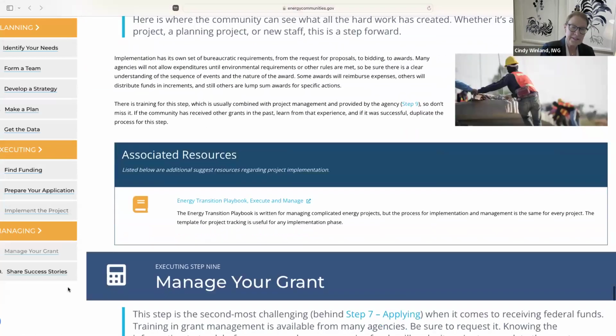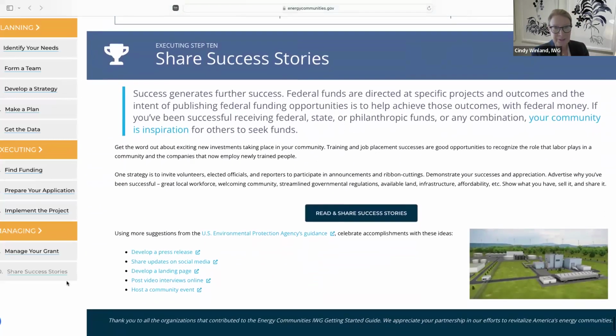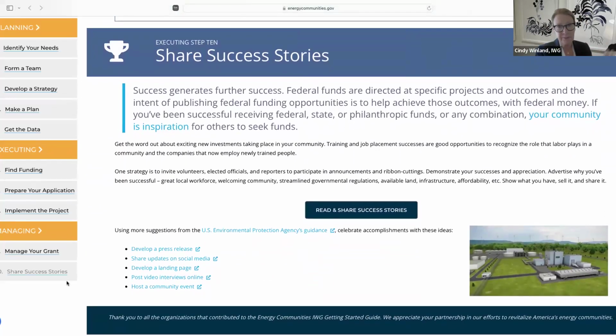And finally, on to success stories. We really want to know about your successes so that we can both applaud them and learn from them. And we have a whole raft of them here on the website. However, reading about other people's successes is also useful because it inspires ideas. And these can be current or previous projects, doesn't really matter, federally funded or a combination of public and private funds. And we really want to encourage people by showing them that there are ways to knit together all forms of funding, expertise, assistance, and passion for something in very different ways.